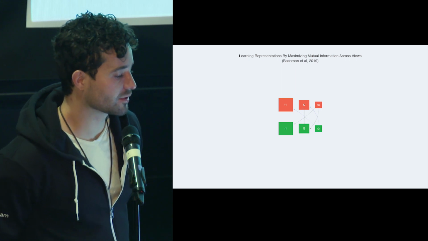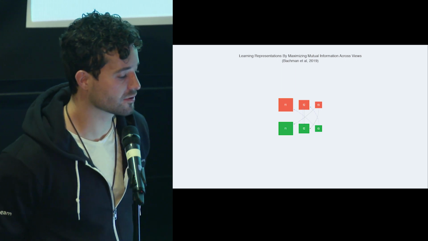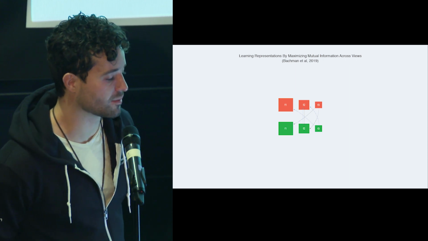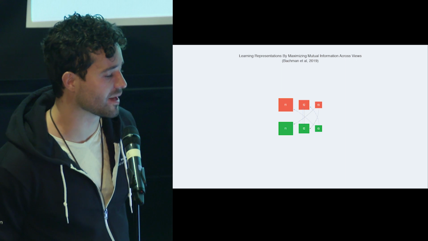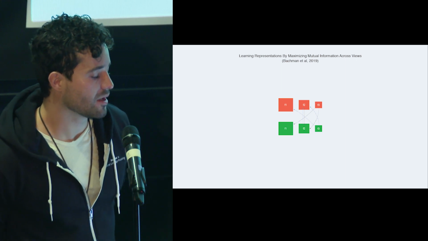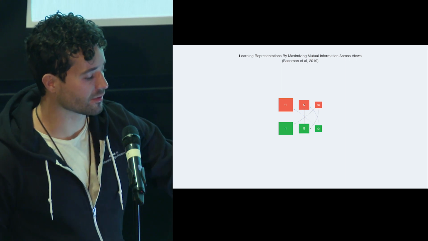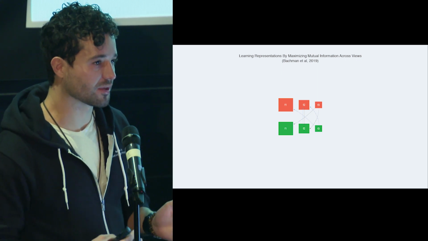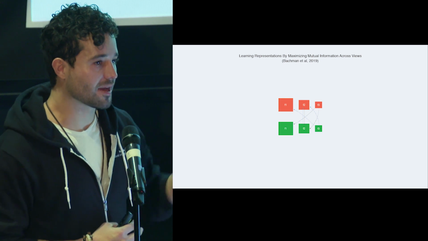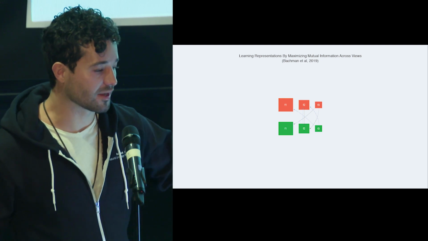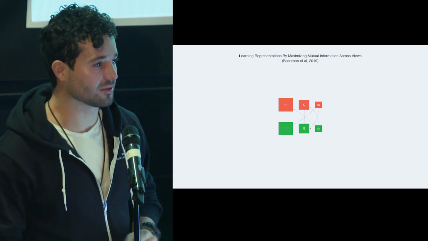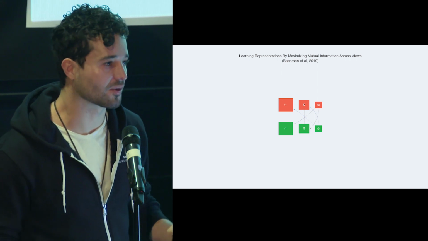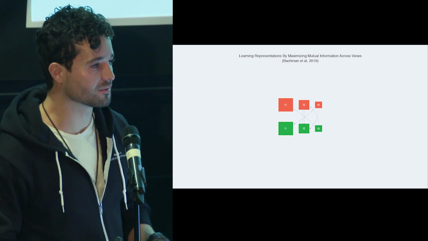So they do this task across 3 different feature maps. They take the last feature map against the previous 2 of the other image, and then across the middle 2. And then they minimize the softmax of this. What you're seeing here, again, is for this one image. But normally you have a batch of data, and because you assume that every single image is its own class, in that batch you're going to take every other image that is not this image and say they're from a different class. Even though there might be a few collisions from that same class, you just ignore that. You say all of these other images are from different classes.